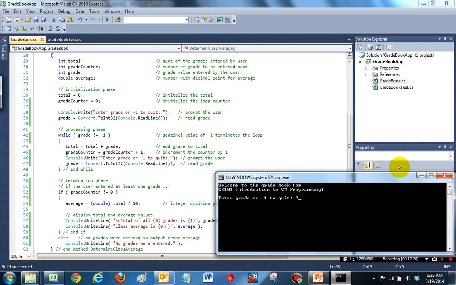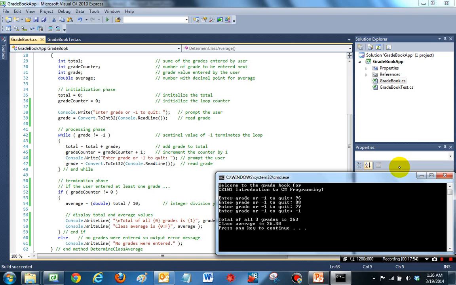So maybe one grade is 96, another is 88, another is 79, and suppose these are all the grades we have, so we indicate that we are done entering the grades by entering the sentinel value -1. In response, we get that the total of 3 grades is 263, and the class average is